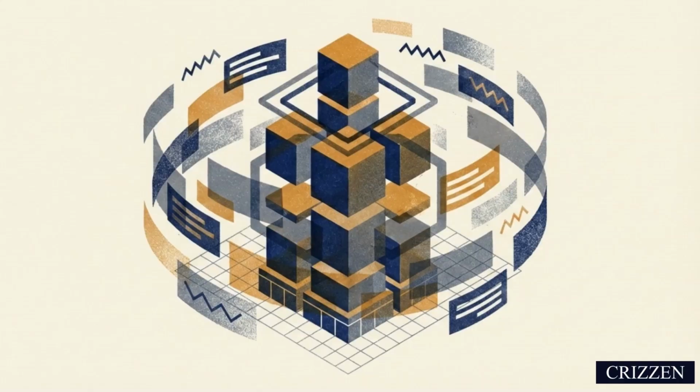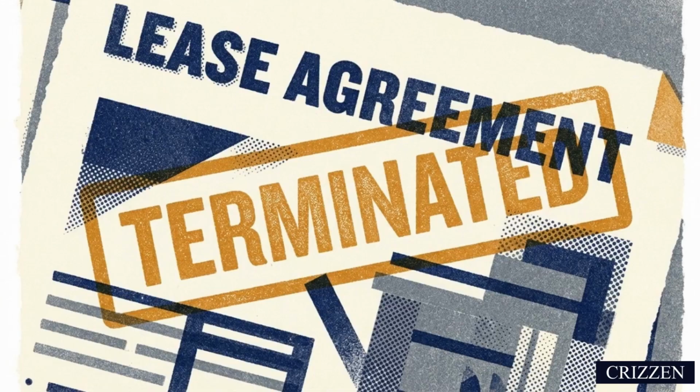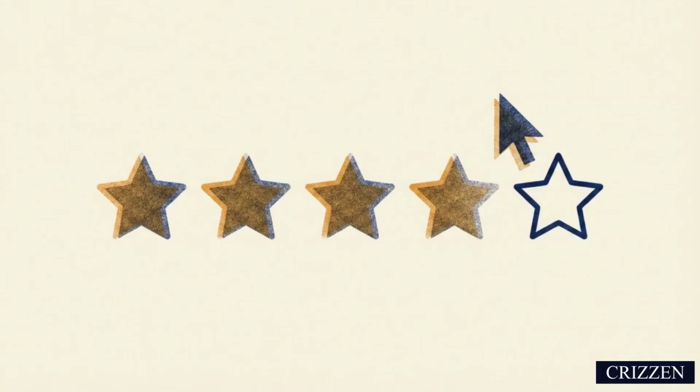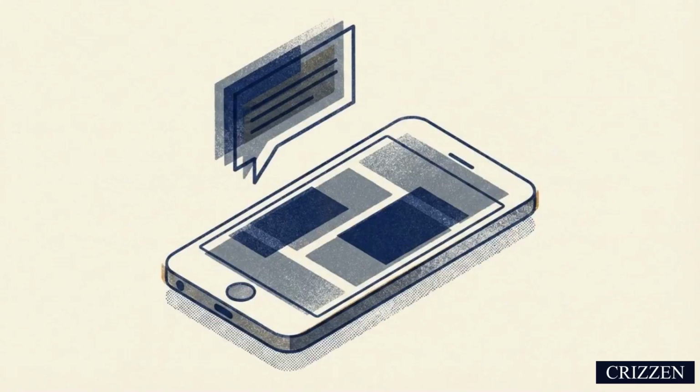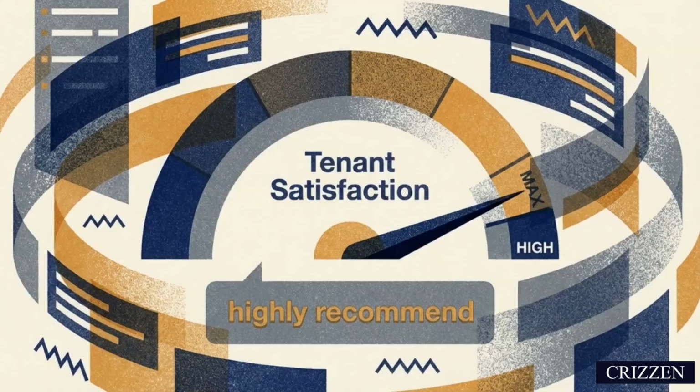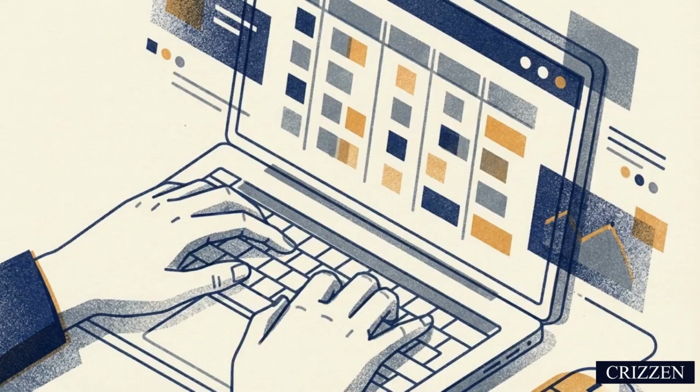We can see this in the real estate sector, which represents the foundation of the AI maturity curve. Historically, property managers had no reliable way to track tenant satisfaction until a lease was already canceled. Modern firms now use natural language processing to perform sentiment analysis on unstructured text. The AI processes online reviews, direct tenant feedback, and CRM support tickets to identify patterns in how people feel about their space. By scanning for specific phrases and shifts in tone in real time, the model establishes a measurable gauge of resident satisfaction.